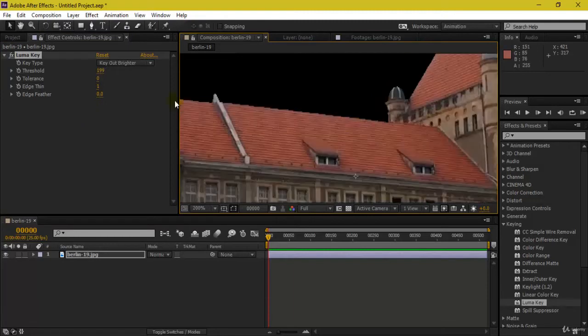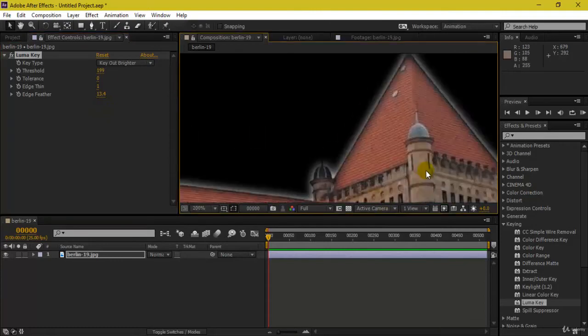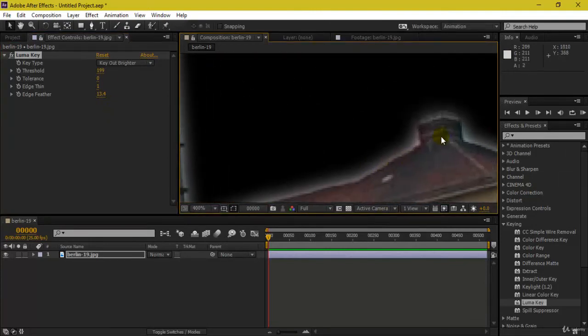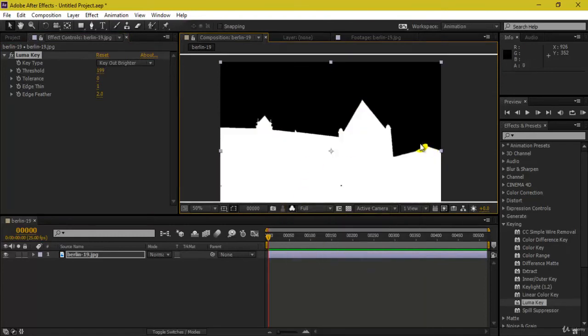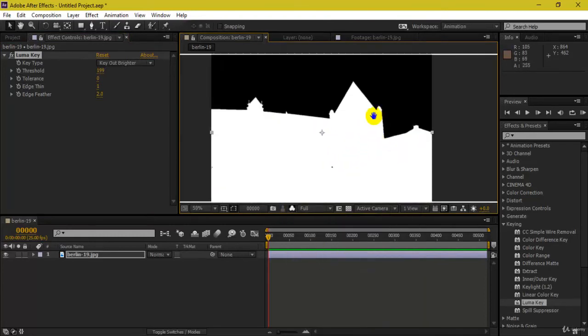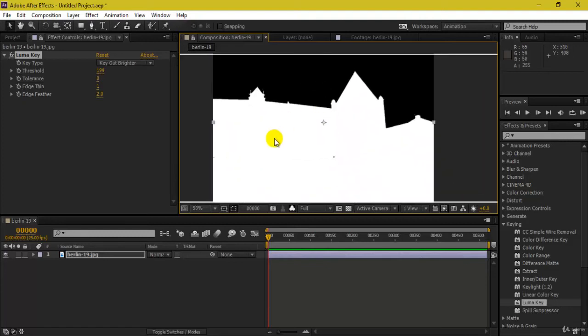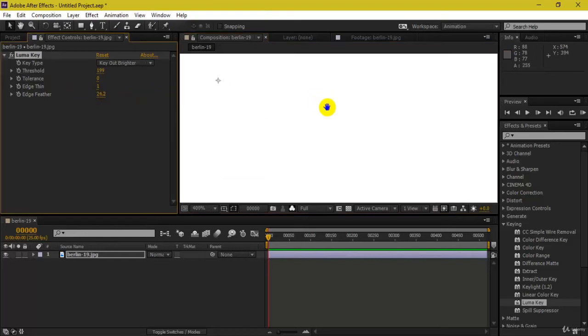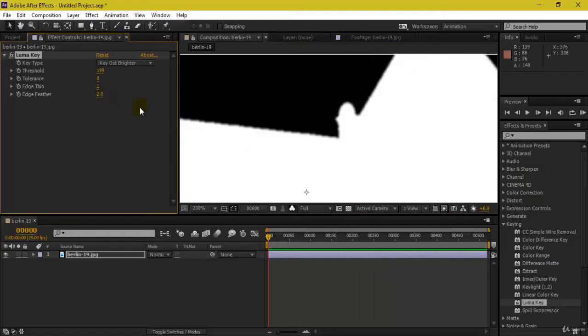Now this is the edge feather here. If I increase this, it gives an overall feather. Right now it's on 13.4 from 0. If you are able to see, it's creating a feather here. So I would like to make this 2. Now if I show you the alpha here, I hope you are able to get this, as this is a pretty clean alpha channel, where this is transparent and this is opaque. If I increase this, you are able to see that there is too much feather, which is not looking nice. So let us take this down to 2.